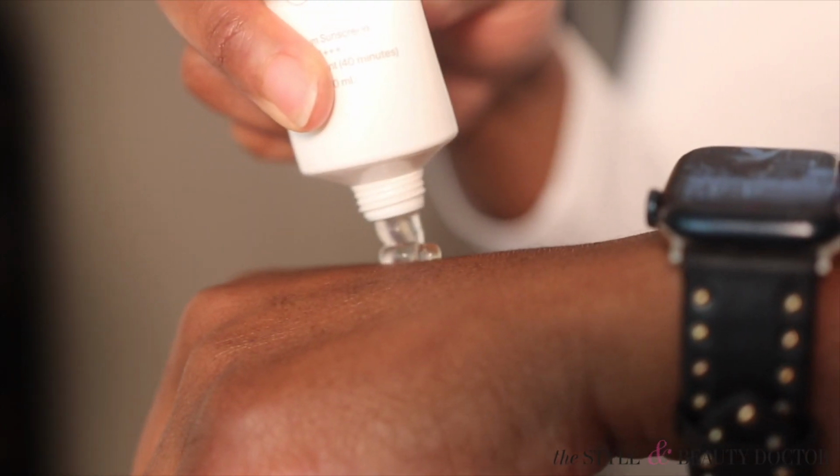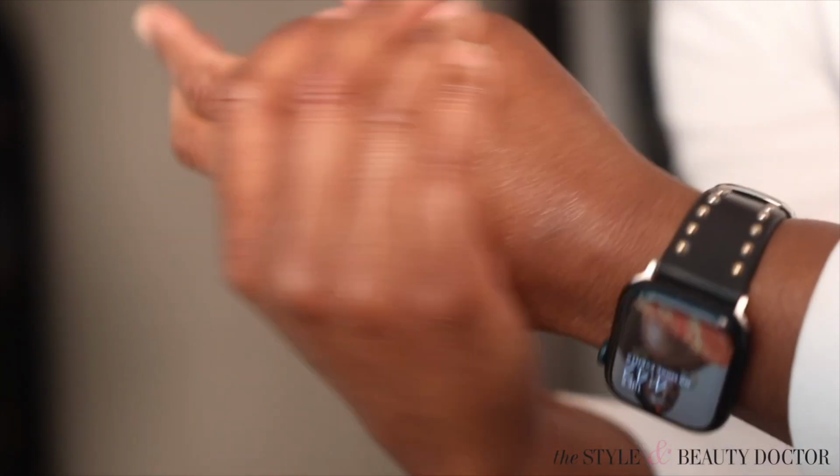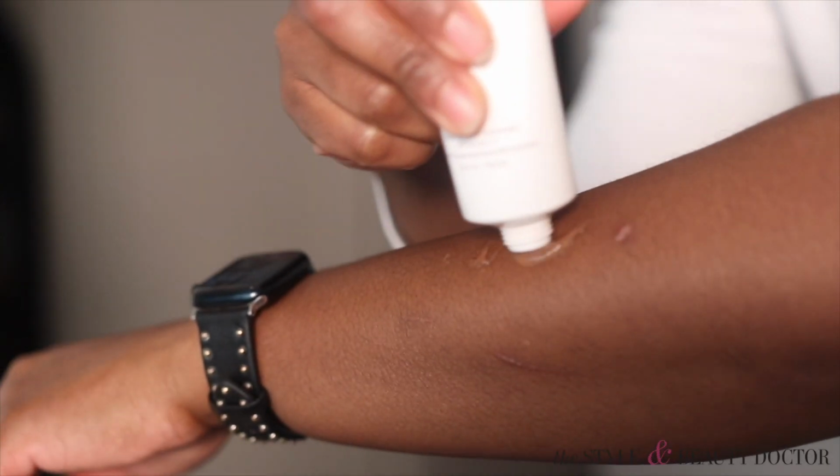So anyway, this is clear, but it's also kind of runny, which makes it feel a little clumsy to put on. You put it on and some of it slides off. You gotta be very careful with how you put it on. Now, since it is a body product, I don't know about y'all, but the way I use body products, especially body moisturizers or body sunscreen, I just